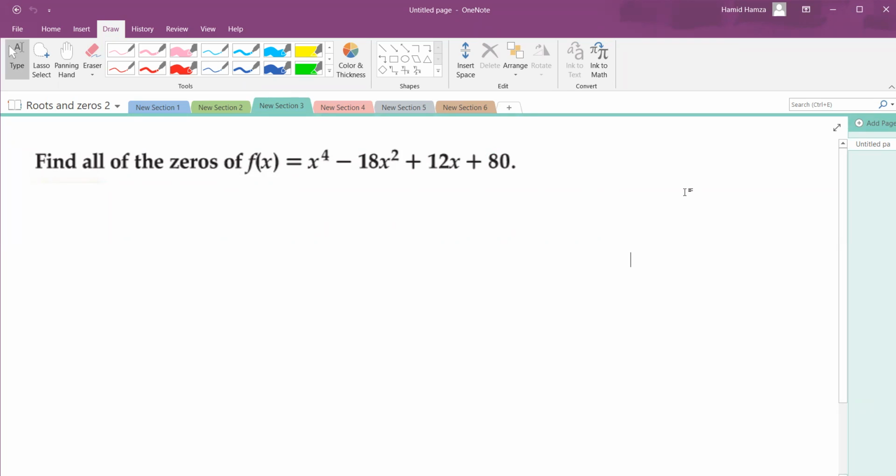Okay, guys. This kind of question asks you to find all zeros of the function. You know, guys, zeros may be real or complex. In yesterday's lesson, he gave you one of the factors, and we made a synthetic division to reduce the power of the original equation. But what if he didn't give you